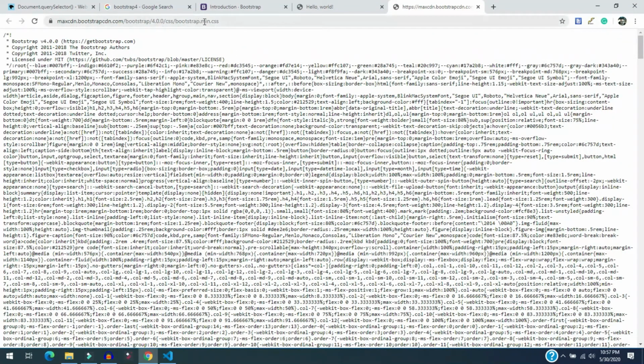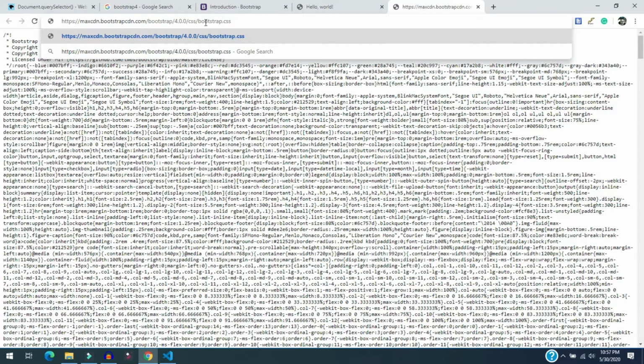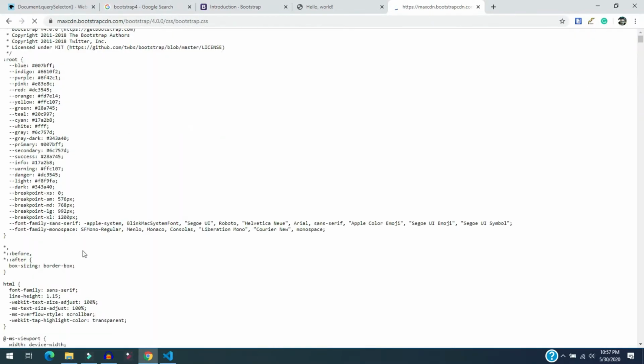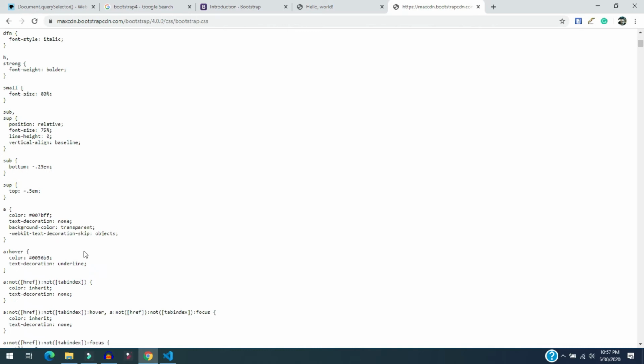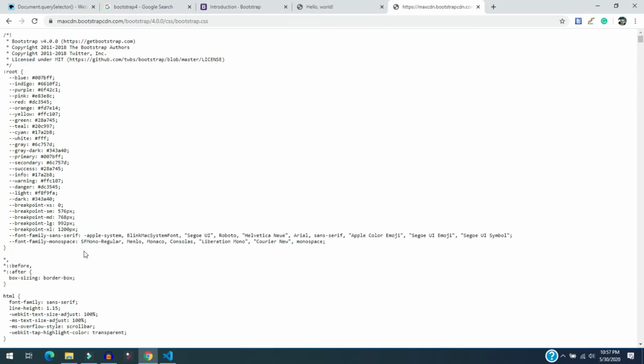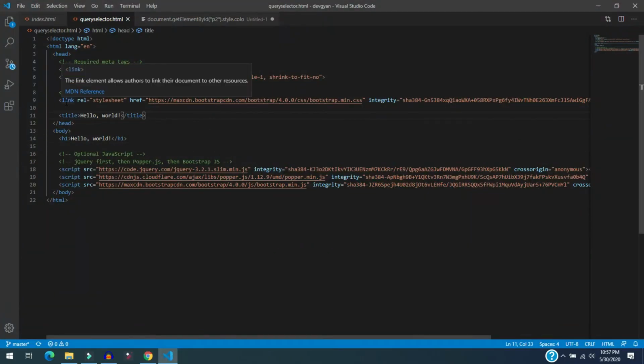Basically, we are using here the min.css extension, which means this is the minified version. If you remove this, then you will get the clean CSS, and if you want, you can also modify it. For this you need to download this Bootstrap file from GitHub to your local machine and then include it, similarly to how we are including it here using the link tag. Similarly you can also include all these files. If you want to use them you can, otherwise here I am using the CDN. It's also a good approach.